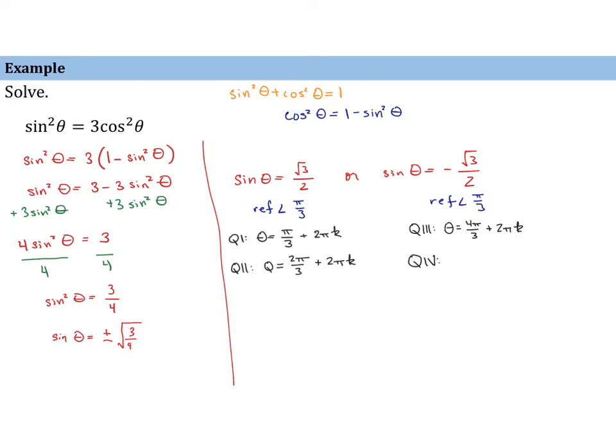And then we also have the fourth quadrant. Well, 2 pi would be 6 pi/3, so we'll back it up and make it 5 pi/3 to get that reference angle, and have 2 pi k added to that. Now, this will get you all your answers, but now we could do something that's cosmetic and look at opposing